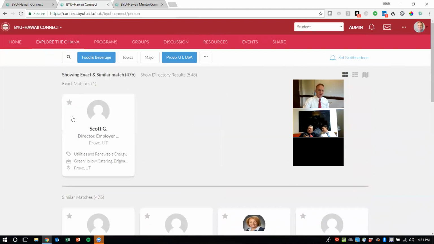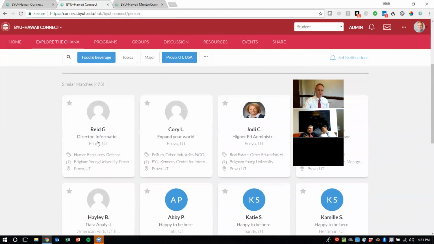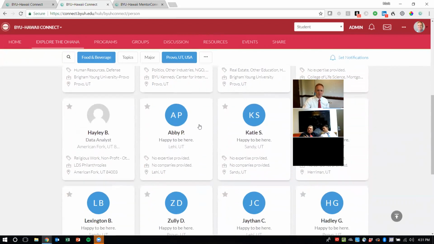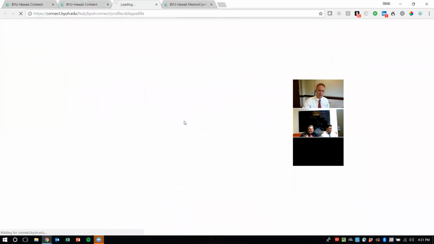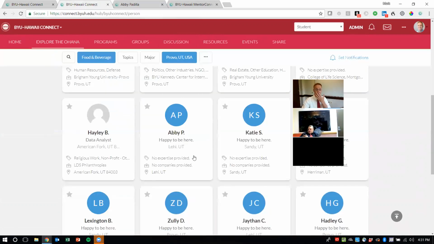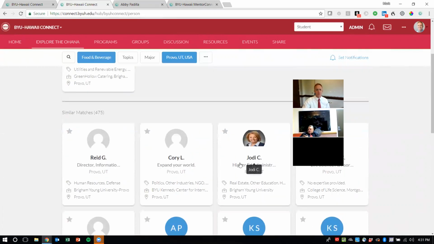And what this has done is show exact matches and then add a line and show other guesses, other matches down here. And I like what it's done. It's shown both the users, people like Jody who have signed up, and Corey, but also people who haven't quite signed up yet. It shows who they are. To contact someone who hasn't yet registered for the system, I know that they haven't registered because it says happy to be here. You click on their thing and you'll see that there's no opportunity to connect with them. But regardless, they're seeing who these people are, and they can ask us to help connect with them if they haven't logged in yet. We can invite them to log in.